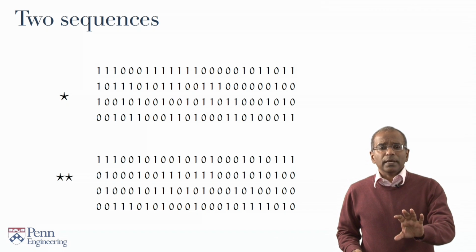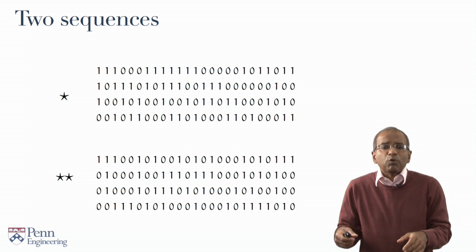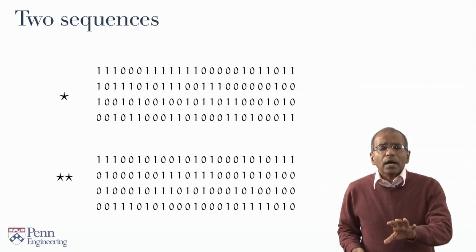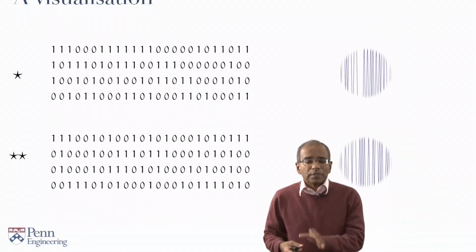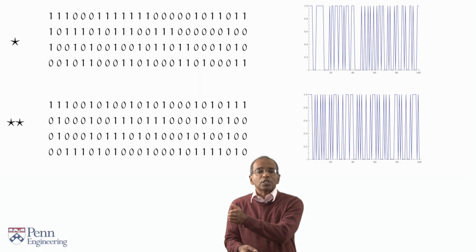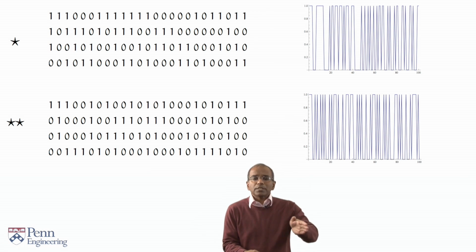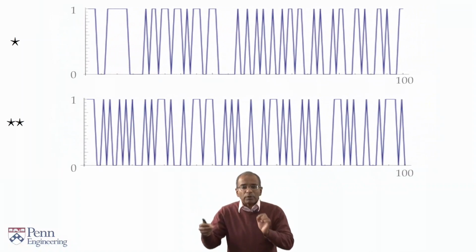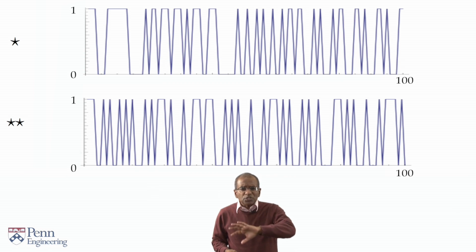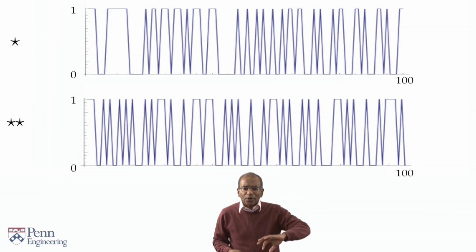Now, in a situation like this, it is always profitable to see if one can draw a picture. So here is a graphical view of these two sequences. What I've done is plotted the sequence as if they were drawn temporally from left to right in time. So it goes to 1 whenever you see a 1, and it drops to a 0 whenever you see a 0. And you observe in both sequences a rather random, jagged movement between ones and zeros. Very good. Now, looking at the figure, does anything stand out?